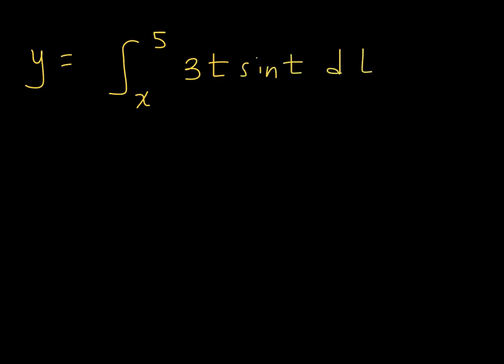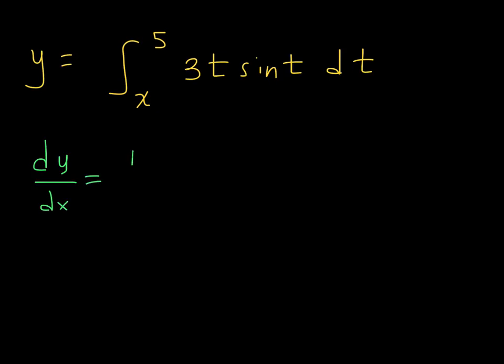Let's do another one. Find dy dx if y is equal to the integral from x to 5. Notice that x, your independent variable, is the lower limit of integration. Your function is 3 times t times sine of t dt. I don't need parentheses around my integrand because it's all one term. You can put parentheses if you want, but because it's one term, I don't need them. All right, so according to our theorem, dy dx